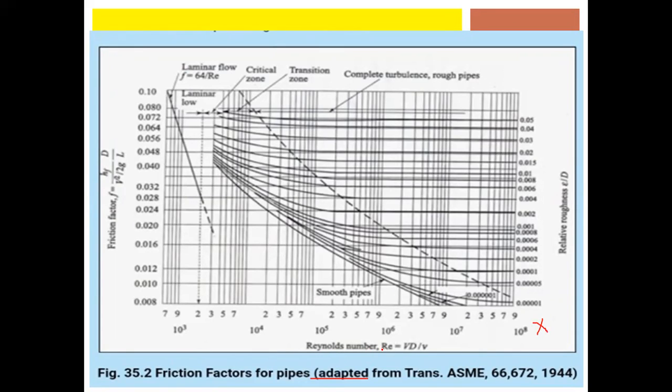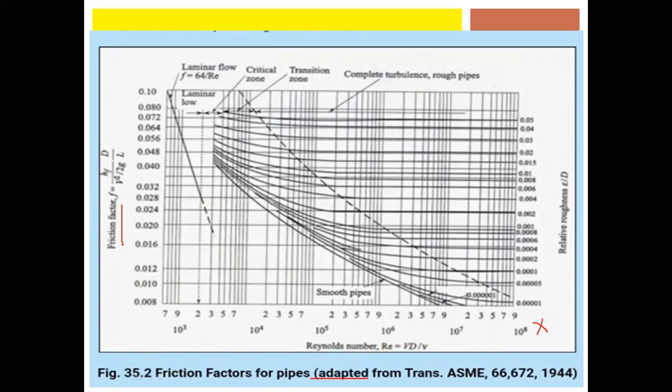The Reynolds number Re is equal to V into D by small v, right? That's the Reynolds number. So on the y-axis, we have the friction factor f, which is equal to hf into D divided by V squared into 2g into L. So keep in mind, whenever you are asked a question,